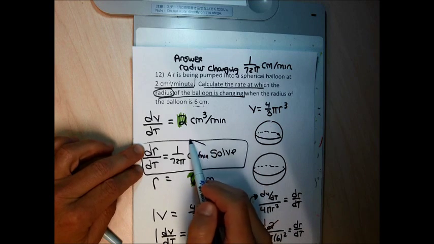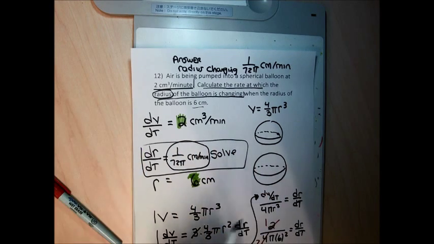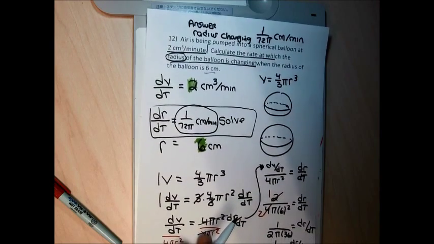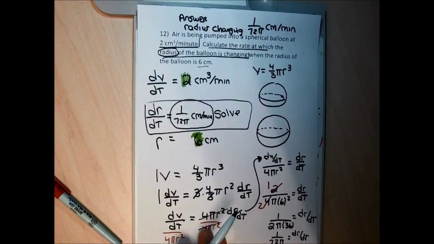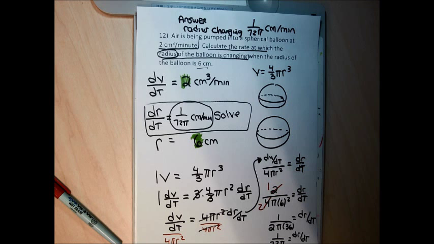If you just gave me dr dt, if you gave me that for an answer, I doubt that I'd take points off. I would prefer you to write your answer with some sort of words, but I certainly can live with a correct number with the correct units without all the verbiage attached to it. So that's the end of the review, and